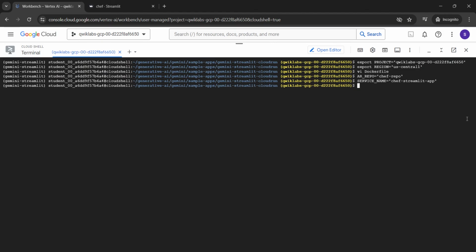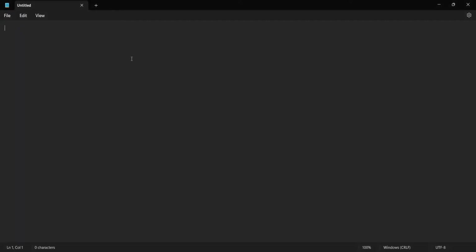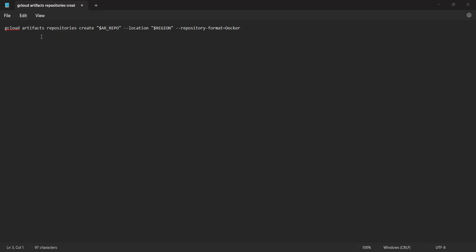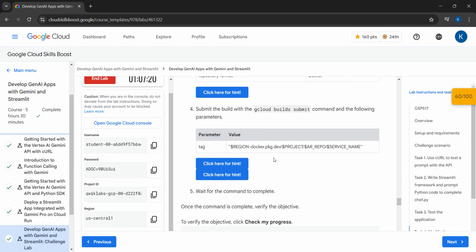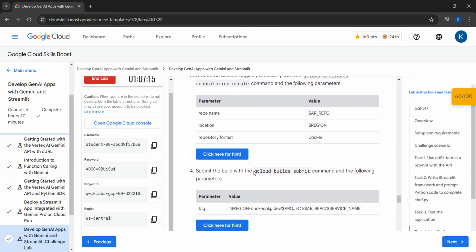And now we need to use the gcloud artifacts repositories command to create the Artifact Registry with the following parameters and values. For this, I will just write the code and show you. First you need to open a notepad and type the following code and execute it. So this is a command for creating the Artifact Registry. And since it will take a lot of time, we'll be executing two commands at once, creating the Artifact Registry and submitting the build. So for this, copy this command